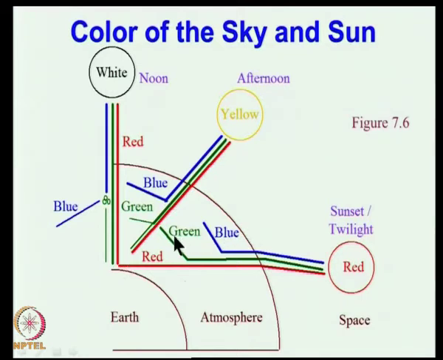So, both the blue and the green get scattered out and you see only red. So, the color of the sun you see is based on how much color from the sun is scattered out. The white color of the sun is scattered out due to scattering, and that depends on the number of particles in your path. So, on a clear day, this is what you will see, but on a day where there are all kinds of particles in the atmosphere, like man-made aerosols or naturally occurring dust or some other feature, then of course, you can see some very interesting colors of the sun and moon on days when we have, let us say,